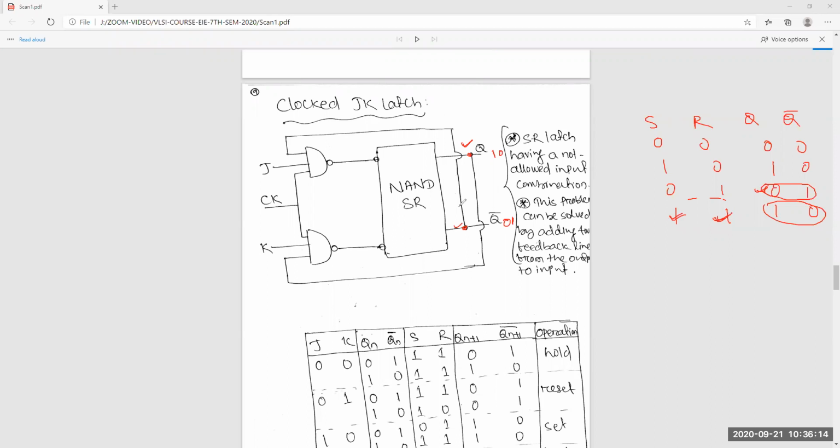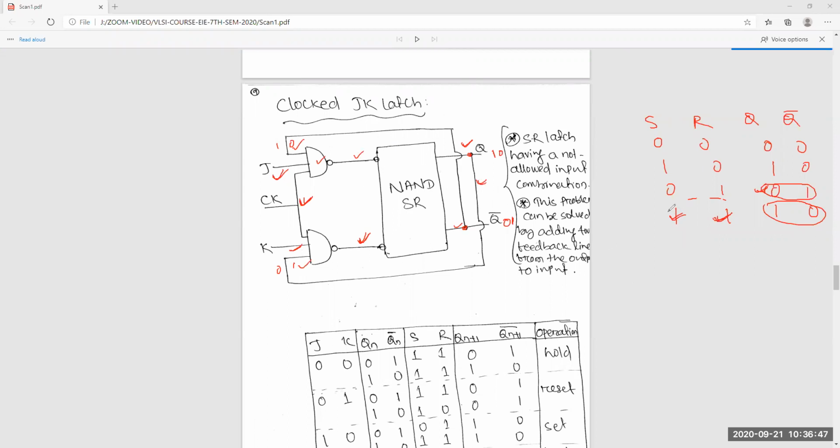So how is it removed? Because this is 1 and we are giving 1 1, everything is enabled. So these two values depend upon the previous values, either 0 or 1. If it is 0, it will become 1, or if 1, it will become 0. So definitely you will get the opposite value, and so you get the opposite value at the input also. You will never get the same condition at the input.